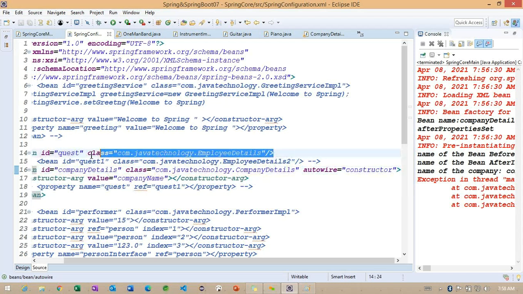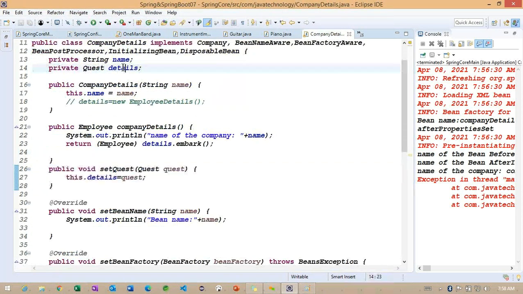So this particular employee details object is not yet created here. If the object is not yet created, the reference we are going to get is null here. Because this reference is null, and internally we are calling a method, with the object null, if I call anything, we may get a null pointer exception here. Right. So now you need to understand how exactly we can create this particular object.